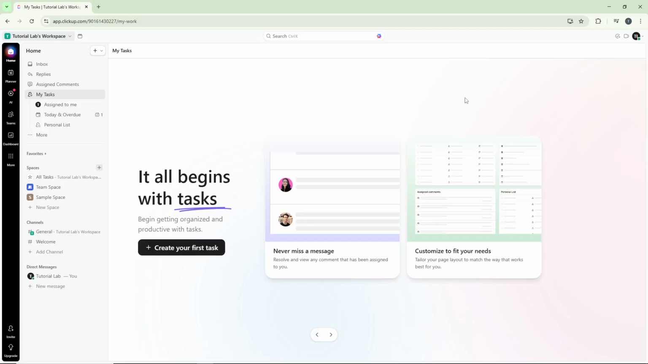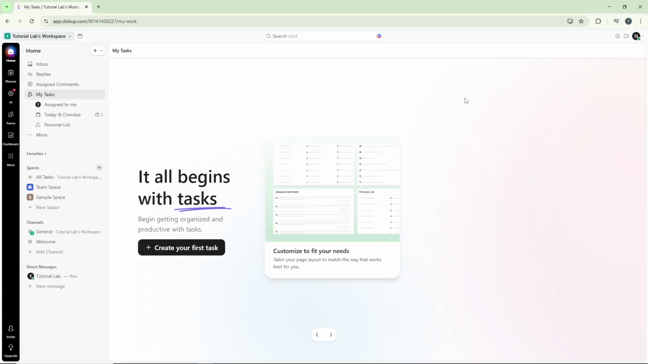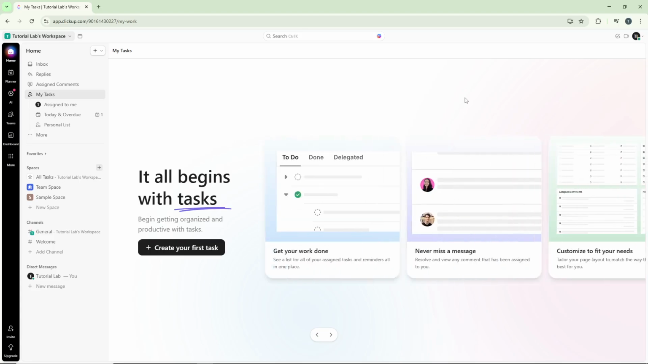Today, I'm going to teach you how to add a user in ClickUp. This is especially useful when you're collaborating with team members and need to give them access to specific spaces or